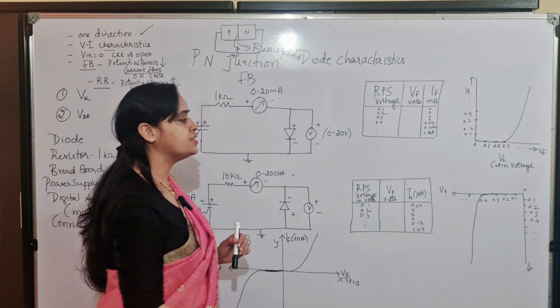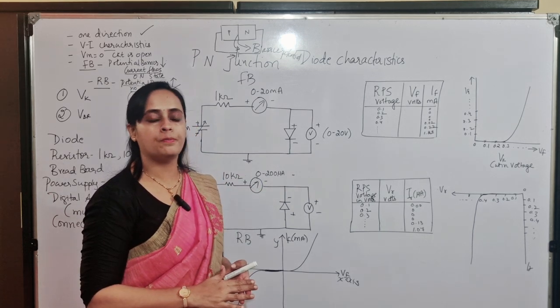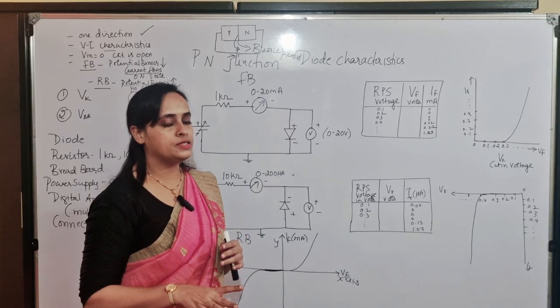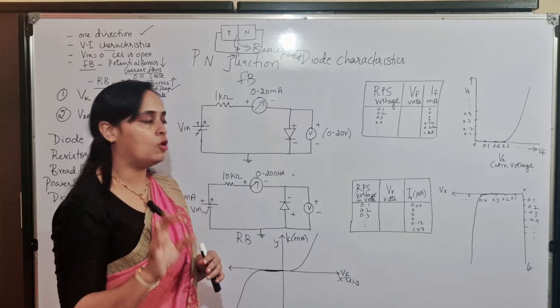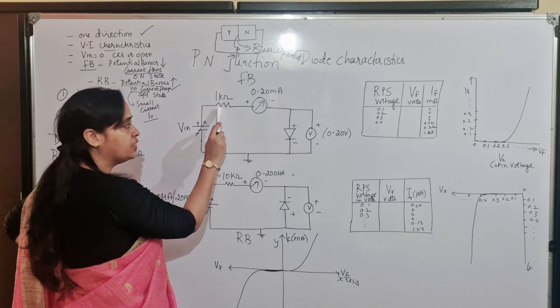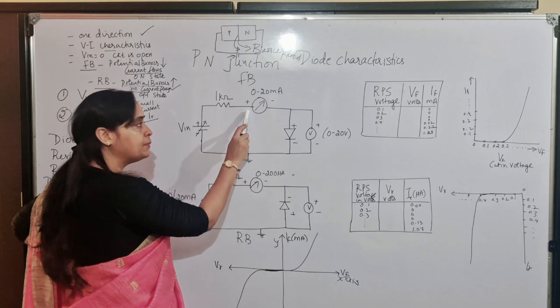So why I'm telling all these things, because sometimes if you have missed doing the experiment, if you know the theory properly, you can go and perform with this much of logic. And red always indicates positive terminal. So from the positive terminal connected to resistance 1K, another end of the resistance should go to positive of ammeter,